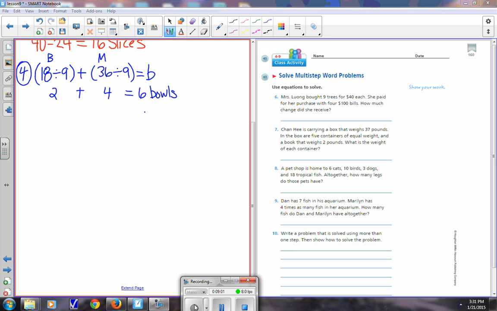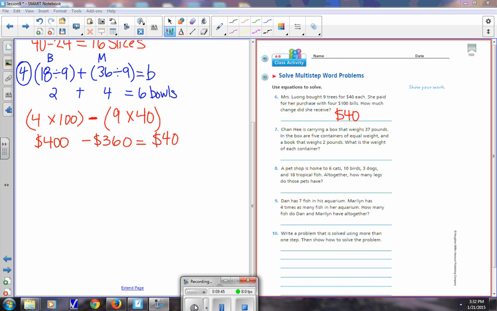Well, first we have to figure out she purchased with 4 $100 bills. And then we purchased 9 trees at $40 a piece. I'm going to subtract that from what I paid, which is $400, take away $360, which means she will receive $40 change. If you do it step by step,